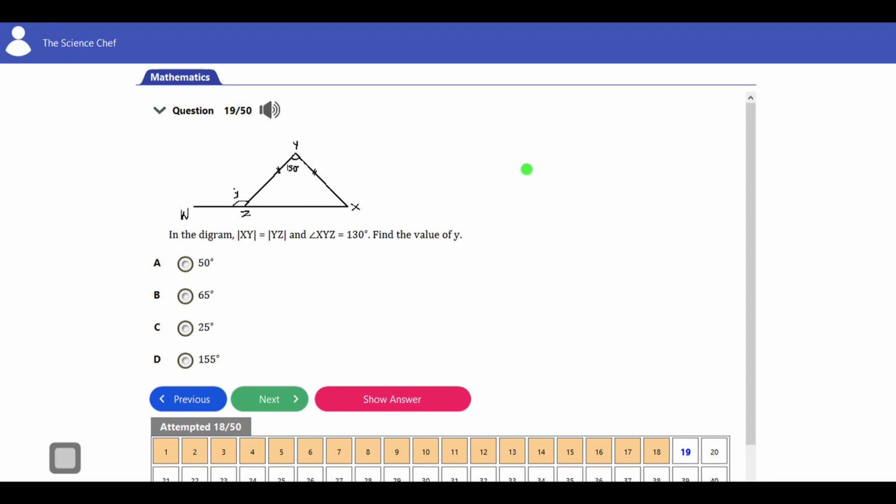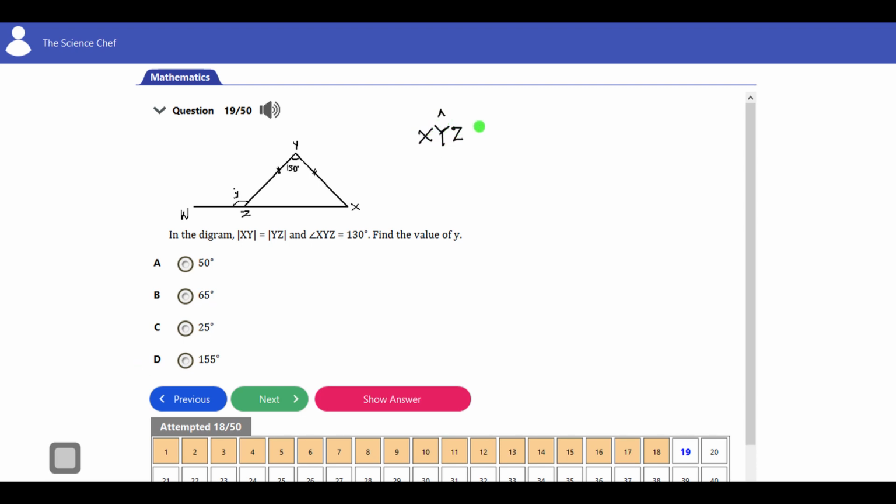Question 19. In the diagram, side xy is equal to side yz, and angle xyz is equal to 130 degrees. Find the value of y. Now we have a triangle here, xyz. Two sides of the triangle are equal, right? And if two sides of the triangle are equal, then the triangle xyz is an isosceles triangle. Are you together? So, which means that